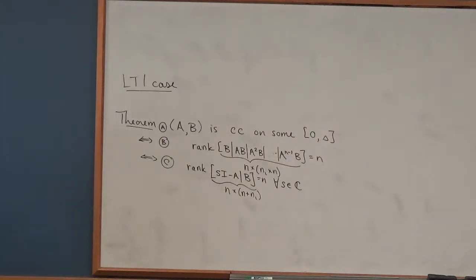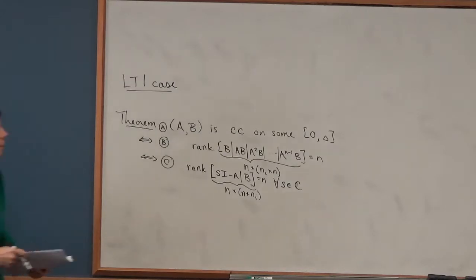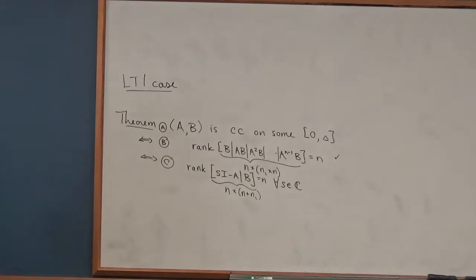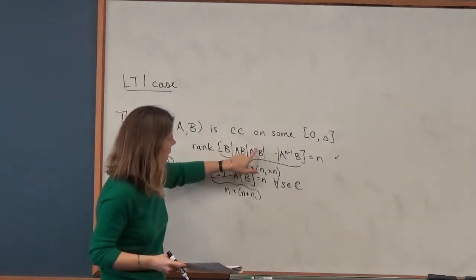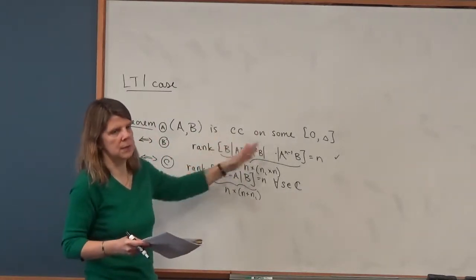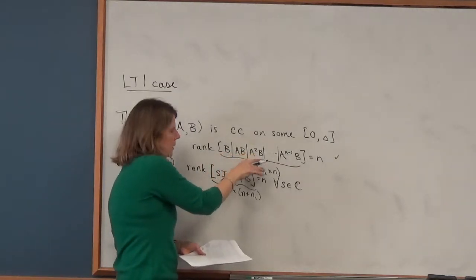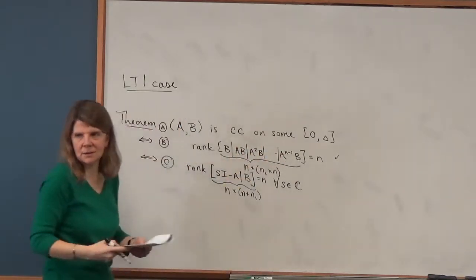All right, so immediately you see that's simpler, right? Those are just matrix rank tests. As soon as you know A and B, you can compute this. This is probably the most popular one that people use. They just eyeball the system and compute the rank of that matrix. So we're asking if this matrix that has n rows and ni times n columns has rank n, so if there are n linearly independent columns out of all of that. You might guess, the more inputs I have, the easier it is to achieve controllability, because you have more columns to test,